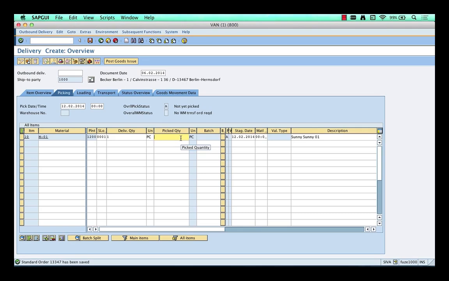It's broken, it's gone. Now with a quantity of 1, it might not really make much sense, but if you have a quantity of, let's say, 100, and you're picking 95 and you were not able to pick the 5 of them because they were spoiled or they were broken or they were not available, in which case you're going to put 95 here as opposed to 100 because you're only picking 95. Maybe the customer is okay with that quantity. If not, we can ship the remaining 5 in the next delivery. Okay, so picked quantity